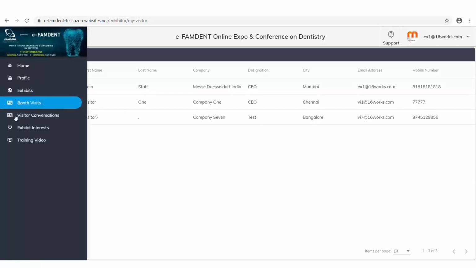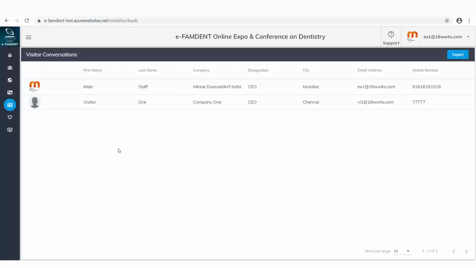You also have people who have had conversations with you. For example, if somebody is talking to you, you can converse with them, and there's also an export button where you can export all of this information into an Excel sheet.